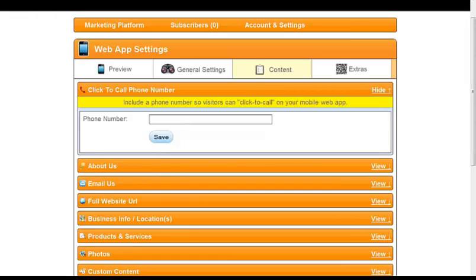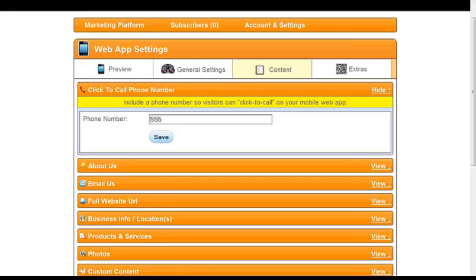You want to make sure when you get with your customer that the number that they're going to click and call is going to be answered. Make sure it's not a number that is a fax number one day and a phone number the next day and an answering machine the next day. This needs to be a physical phone number inside their establishment that says, I'm going to answer this phone number. This is a click to call number. This is the number that's going to come up on that cell phone when they click on that button. That's physically going to call that number, and somebody's going to answer it and say, thank you for calling Carrie's Auto Body. How may I repair your glass today? Or something like that.